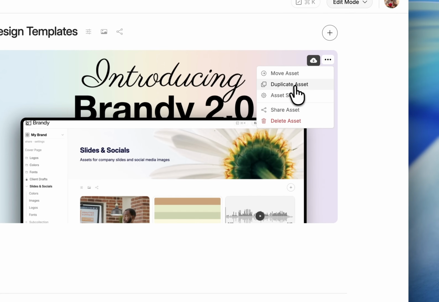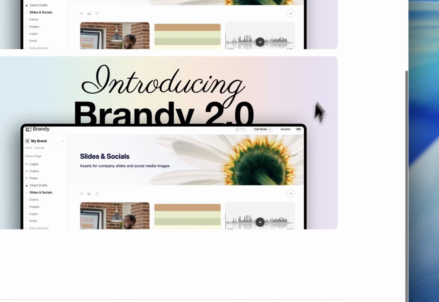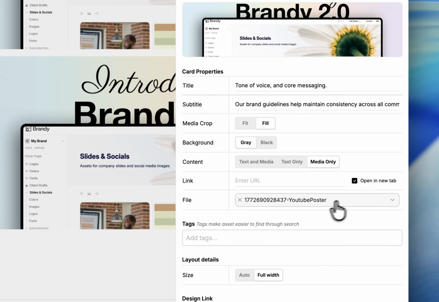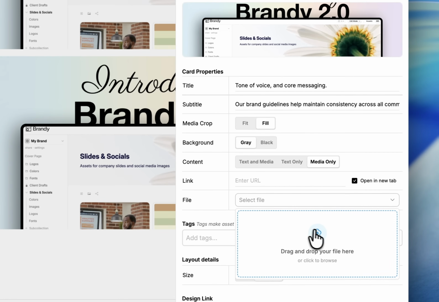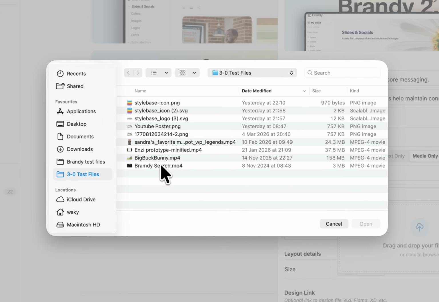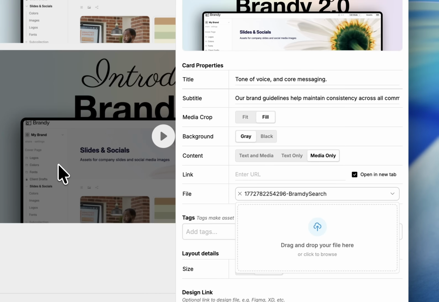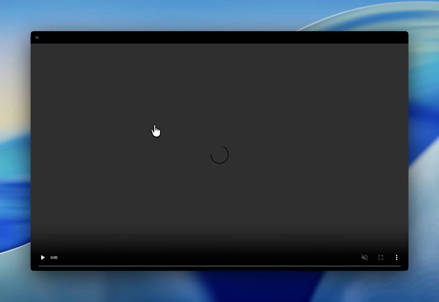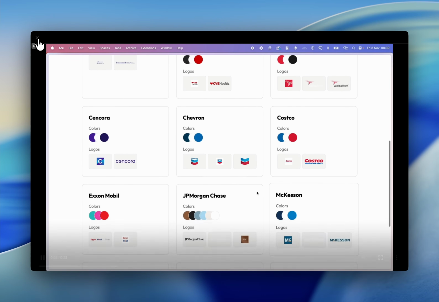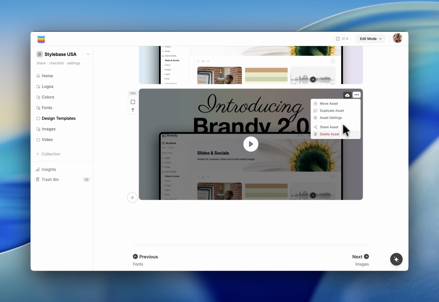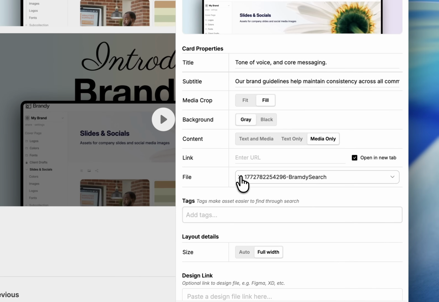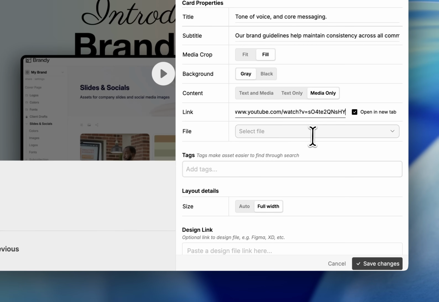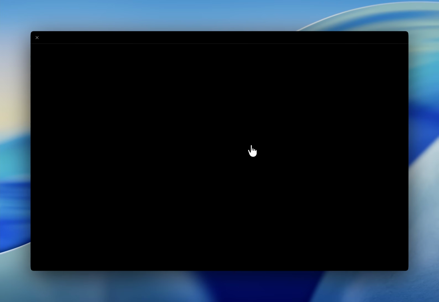Let me duplicate this one and go to settings, and I can come in here and replace this with video, like so. And yeah, you'll see if you uploaded a video, it will detect a video there and show a play button. You click that, it will show the video in this large preview. Now the same thing also if I come back here and remove that, I can also paste the YouTube URL in there,